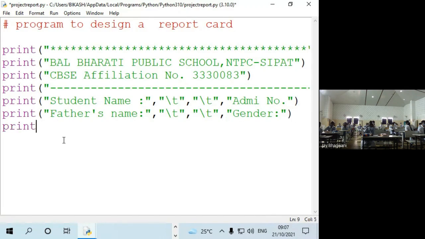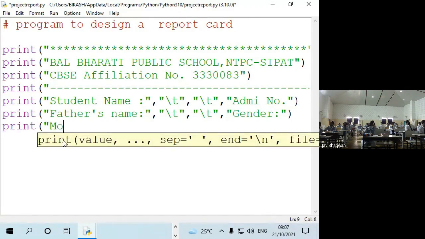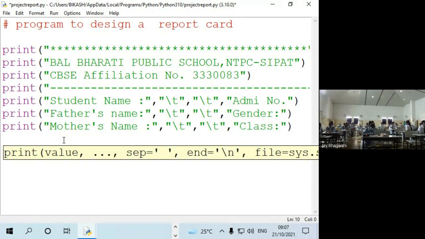Similarly, the next line: mother's name, and last I want to display the class. So three lines of more information about the student details.